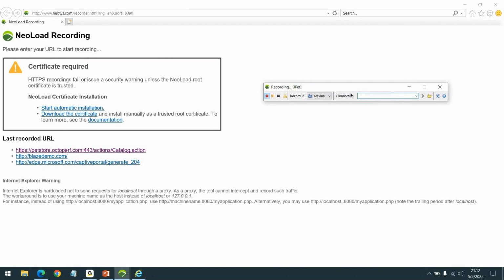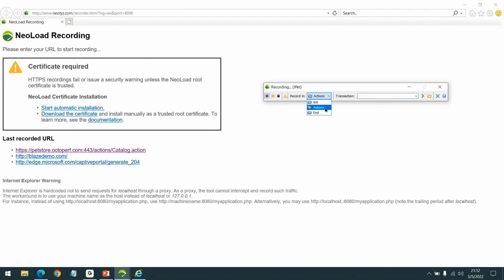That's how the script gets generated. We're going to call this a user path. There are different options here: you can pause or stop the recording.